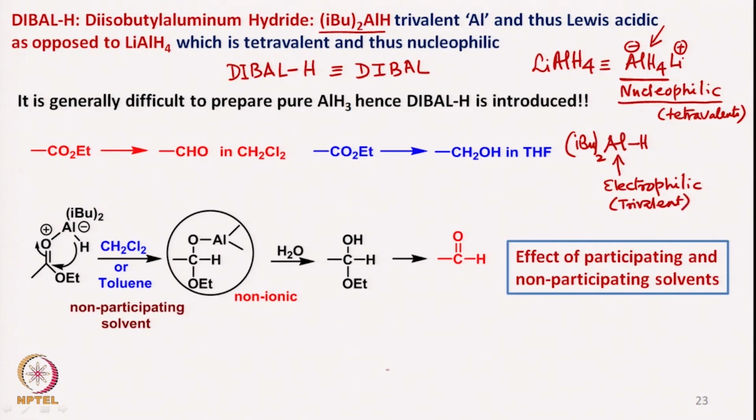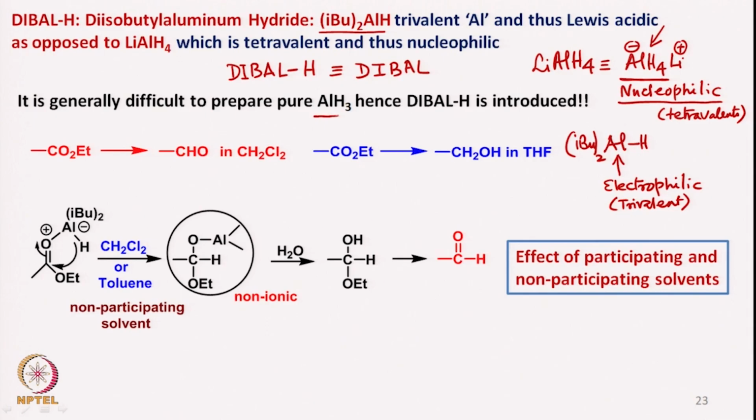So the aluminum in diisobutyl aluminum hydride is trivalent and therefore electrophilic in nature, whereas in lithium aluminum hydride it is tetravalent and therefore nucleophilic in nature, because there is a negative charge on the aluminum. Now this is very interesting, but before DIBAL was introduced, people had also tried to look at the reactivity of aluminum hydride,